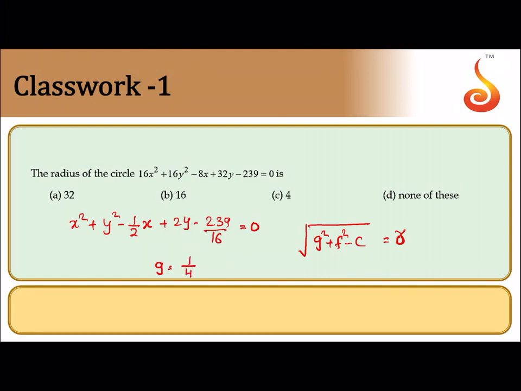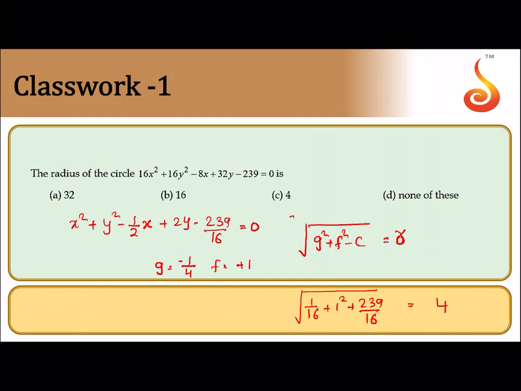That's the radius formula. So what is g here? G is equal to minus 1 by 4 and f is equal to plus 1, because the equation is x square plus y square plus 2gx plus 2fy. So g equal to minus 1 by 4, f equal to 1. Substituting in the formula, under root of 1 by 16 plus 1 square plus 239 by 16. If we solve, we get the answer